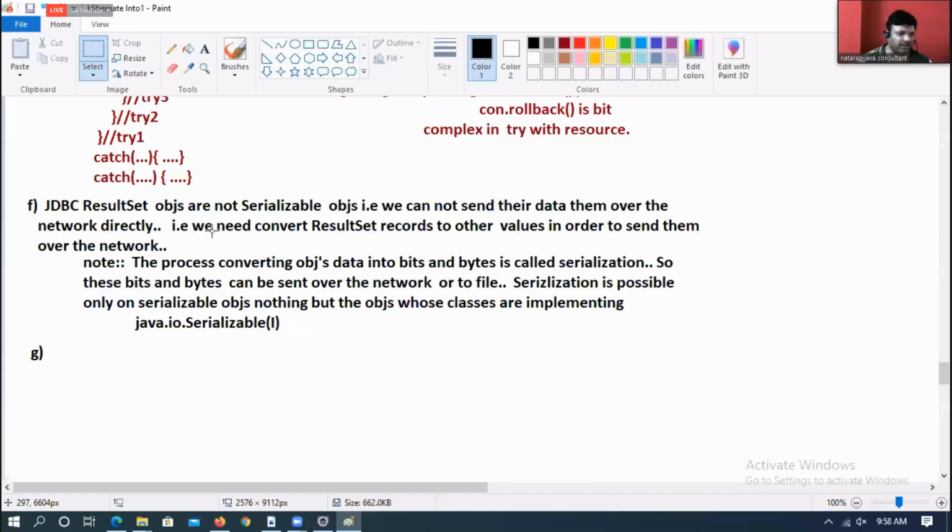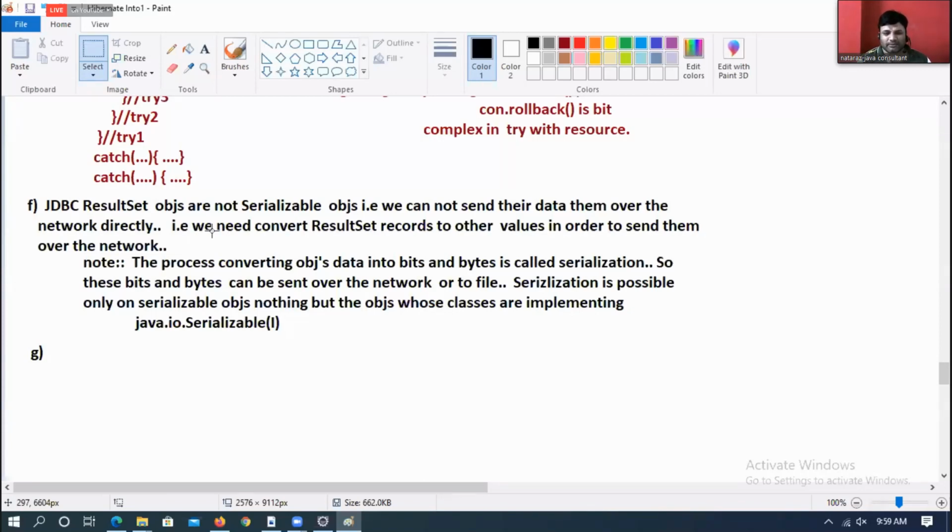If we cannot send that data over the network, is it really stupidity or not? Are you getting my point? Every object's data we cannot send over the network, boss, because every object's data is not going to be in bits and bytes.